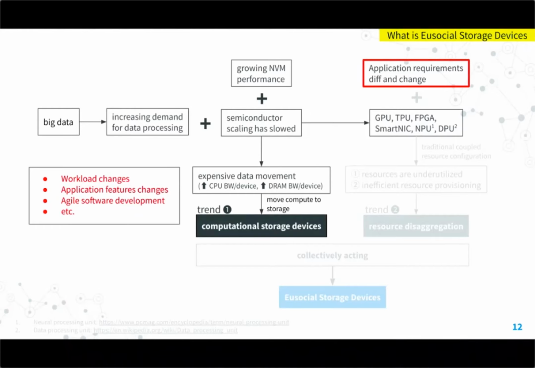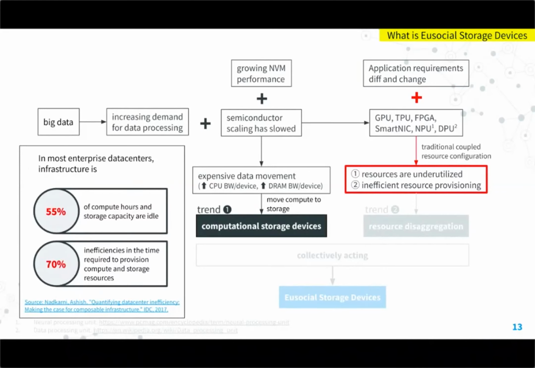But right now, we are not just limited to the traditional resource types, but also we have the GPU, TPU, FPGA, things like that, which would eventually complicate how we map those performance requirements to hardware resources. And if we continue to map these requirements to traditional server boxes that provide limited flexibility in terms of changes of performance requirements, it would inevitably result in resource underutilization and inefficient resource provision.